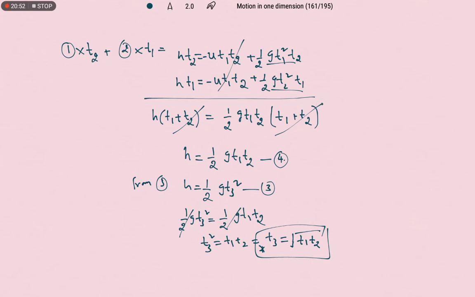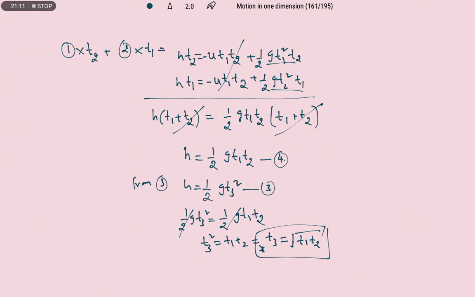In the same way, another body is also projected vertically downwards from the top of a tower, and the time for the second body is t2, time for the first body is t1. Now they are going to ask, if the object is really falling from the same height, then what will be the time taken to reach the ground in terms of t1 and t2.